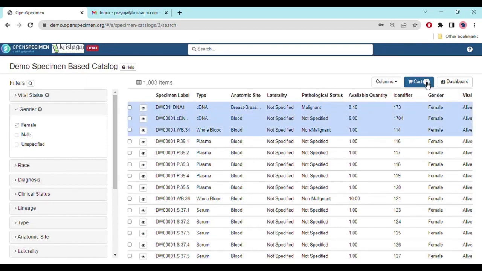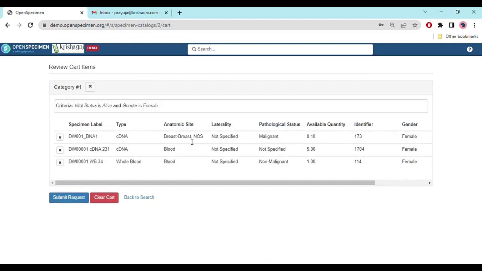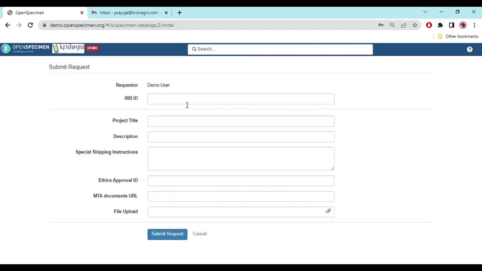After adding them into the cart, I'll navigate to the cart, and here on this page I can review the samples that I have already added in the cart. Here I can put in the request by submitting the request. On this page I can add the details, like my IRB ID. This will be a demo IRB ID, my demo project, and the description, requesting samples for demo purpose,